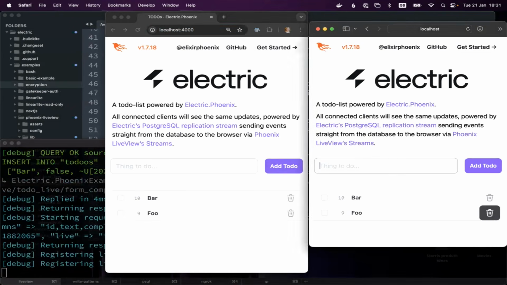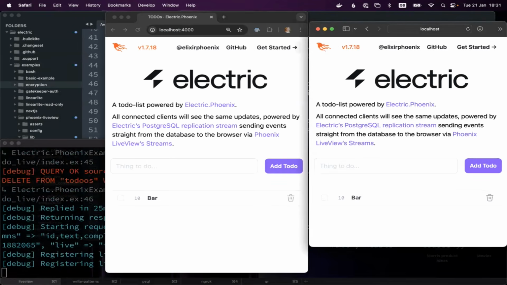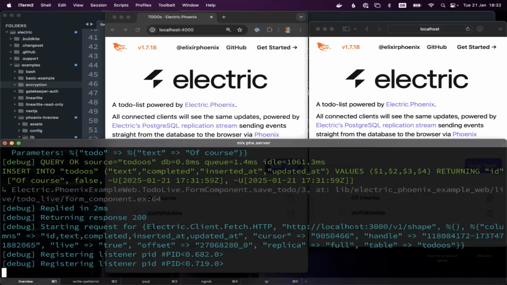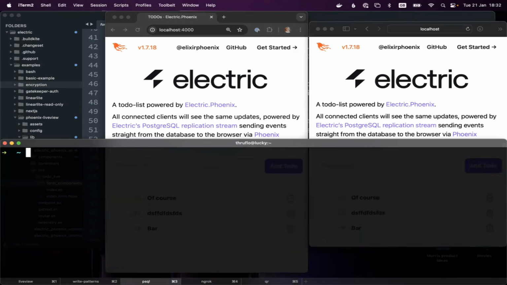And you can just interact with them as you wish, and all of the data syncs, of course. Now, another nice thing of the Electric system is it's all just Postgres. So everything just syncs automatically out of Postgres. So you can write through an application like this, but you can also write directly in Postgres.